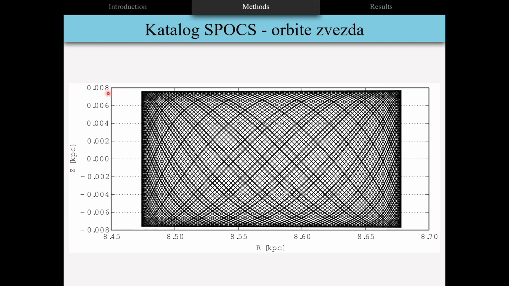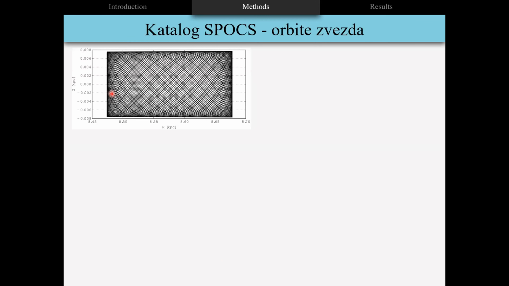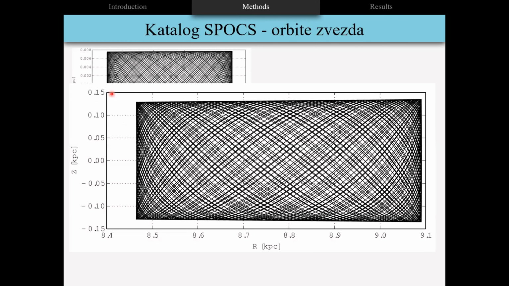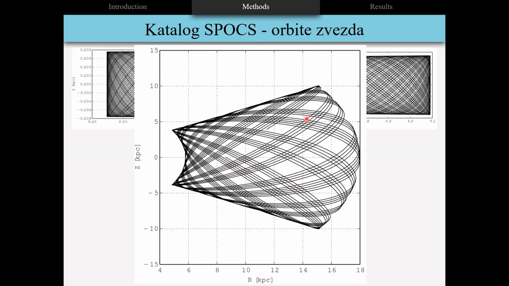Actually, it's just a few parsecs. This is another star. It's a little bit wider, but still this is a very well-defined disk star. Just for comparison, I will show you one typical halo star that you can see can span from 4 to 18 kiloparsecs in the orbit.